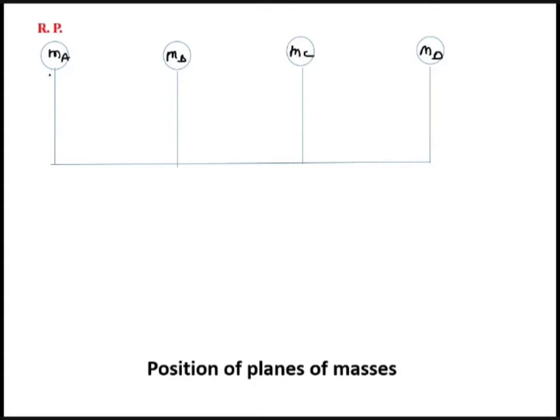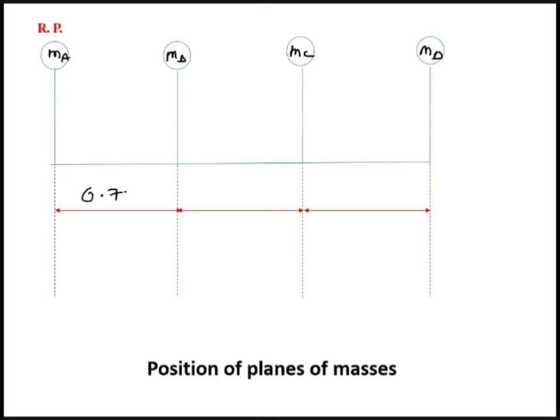So what I will do, I will directly consider the reference plane as the first mass. As I earlier said, you can consider the reference plane as the extreme left mass, so that there will be no negative couple, right? Because there will be no distance to the left of the reference plane. Okay. So now let us see what is the distance they have given. They have given this distance as 700 mm, that is 700 divided by 1000, so 0.7. So this distance is nothing but 0.7 meter, 0.7 meter, and 0.7 meter.